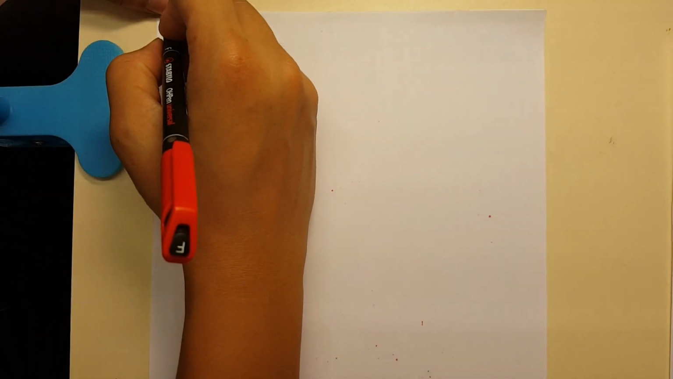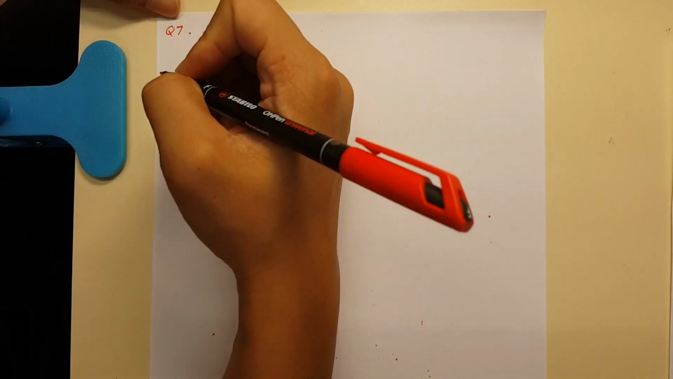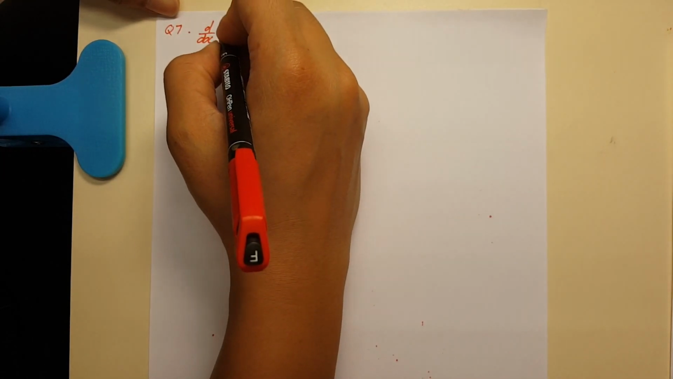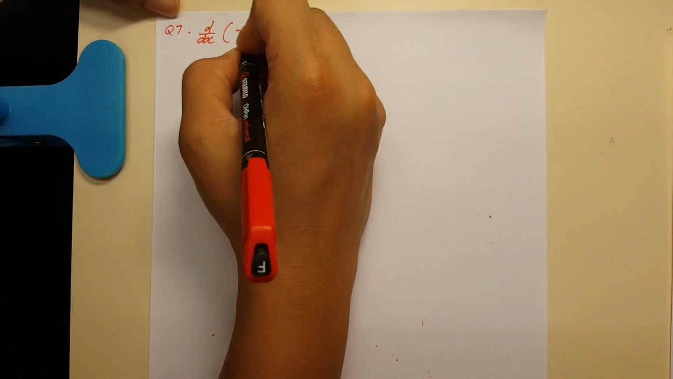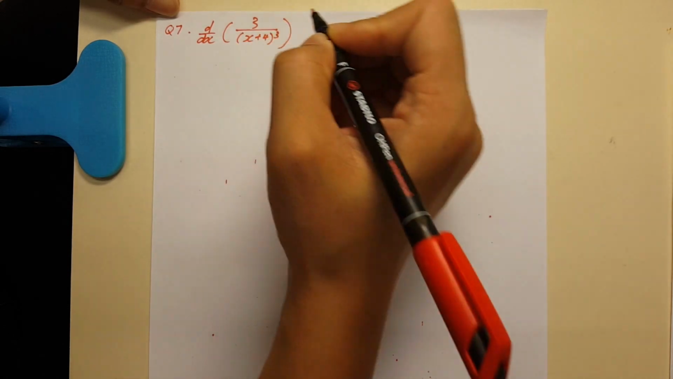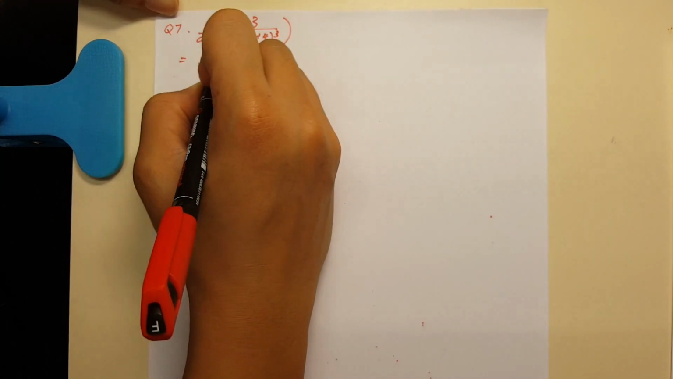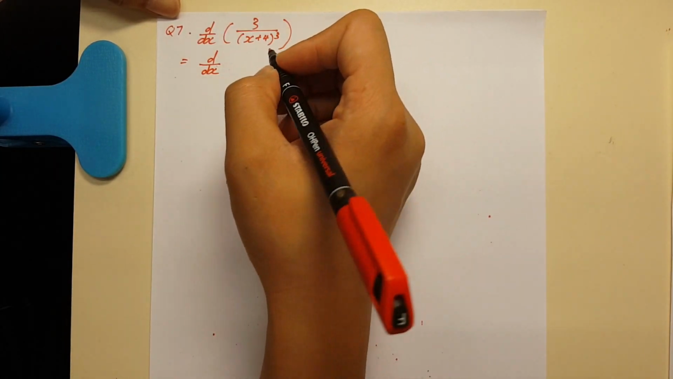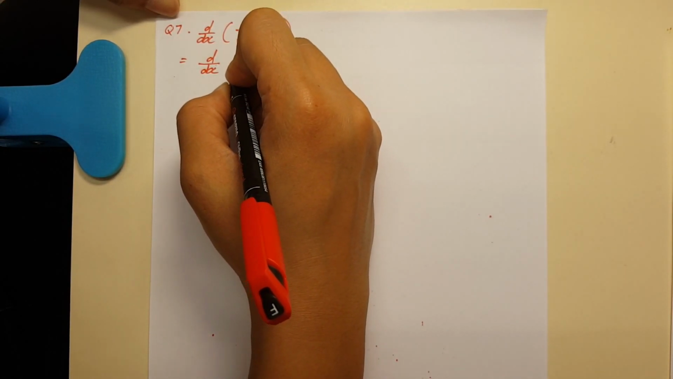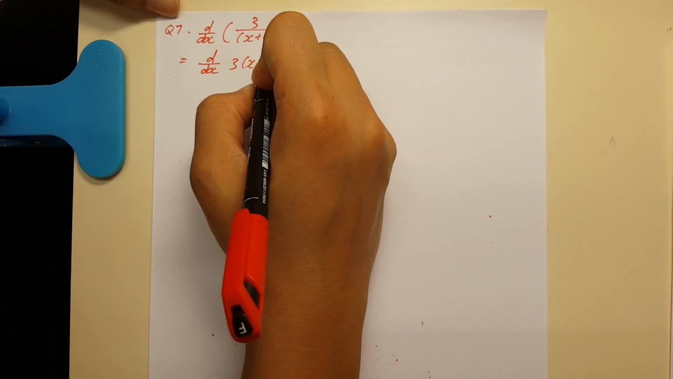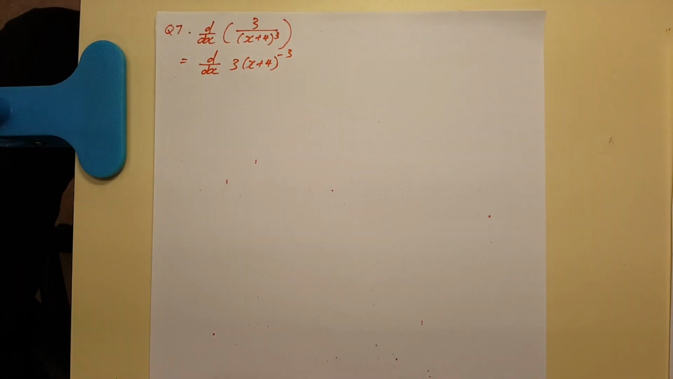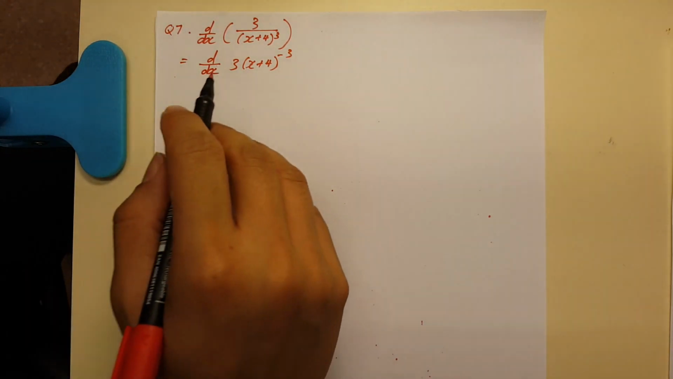So it comes to question 7. If I'm going to differentiate this expression here, 3 over (x plus 4) cubed. As you know, I always like to put the expression in this manner: differentiation of 3(x plus 4) to the power of minus 3. It's easier for me to see. Okay, so if I'm going to differentiate this,